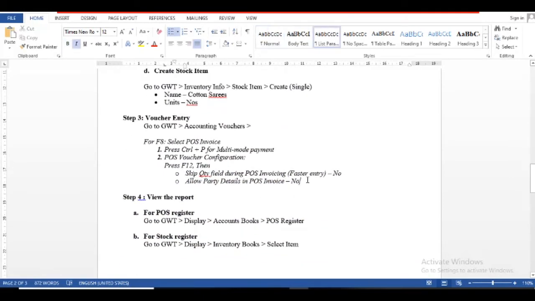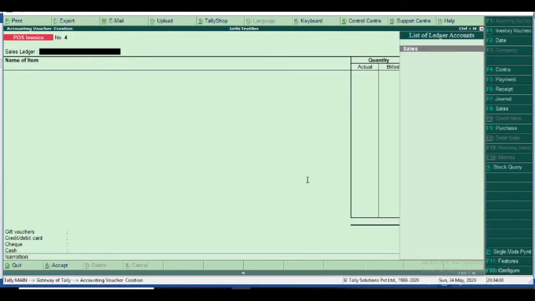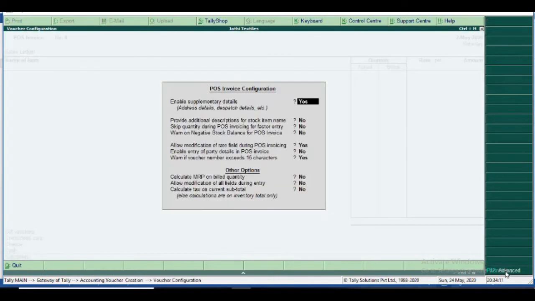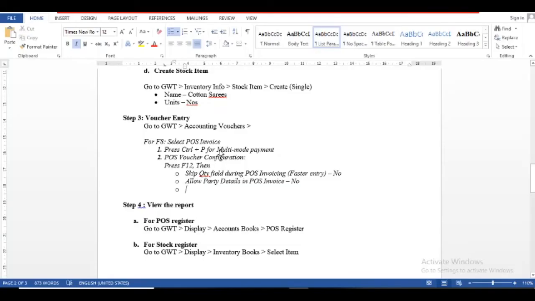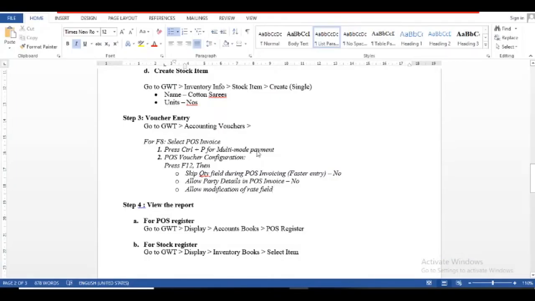I enable these conditions in the voucher F12: yes, enable entry, allow modification of rate field during POS invoicing.